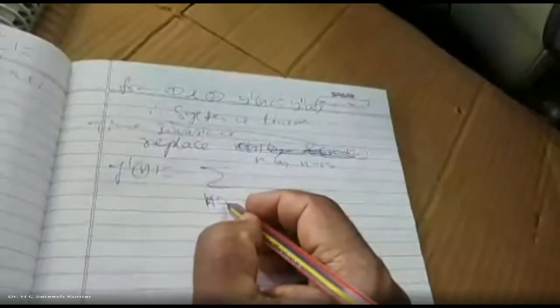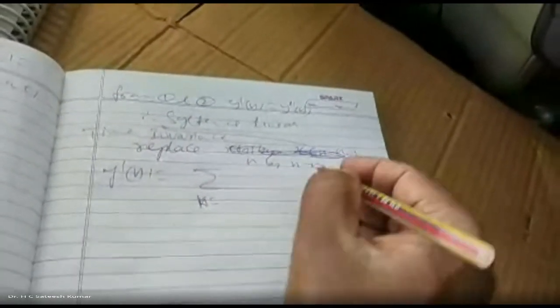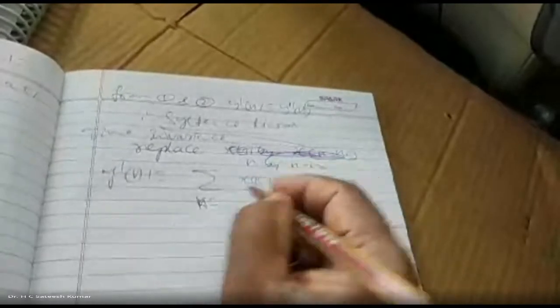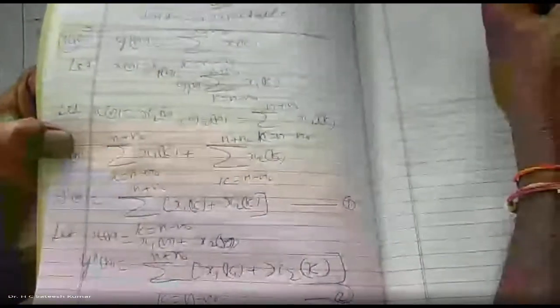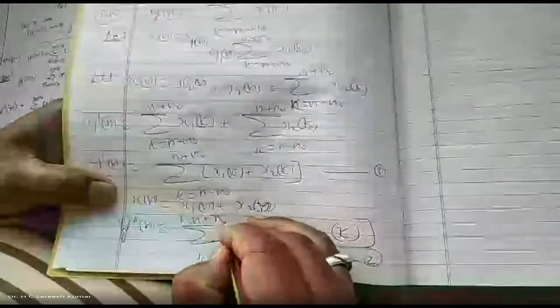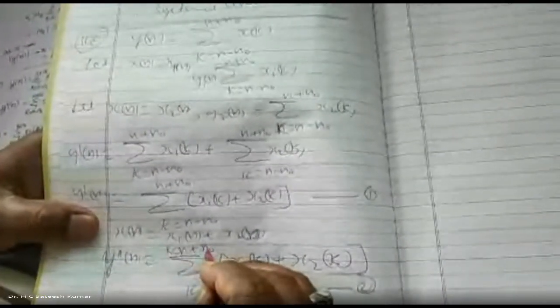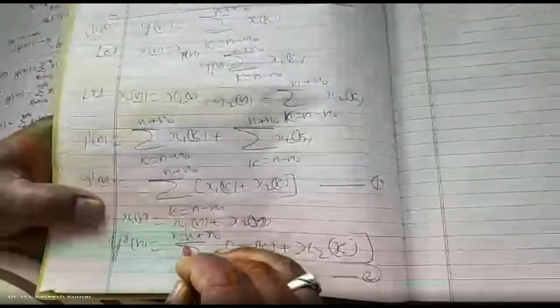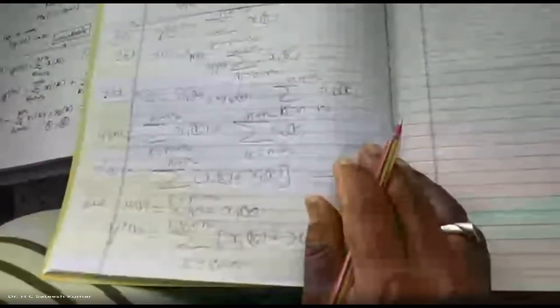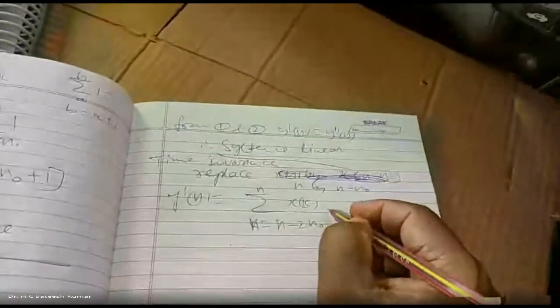Okay, right. Replace k is equal to... x of k, you write as it is. Where n is replaced by n minus n naught, we get n minus n minus n naught minus 2 n naught. So in k, n is replaced. k is equal to here n minus n plus n naught. No, replace n by n minus n naught. N minus n naught plus n naught gets cancelled. What is left out? n minus n naught, so n is left. Therefore it will become n. Okay, right.